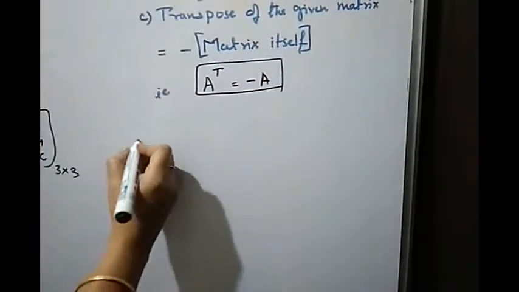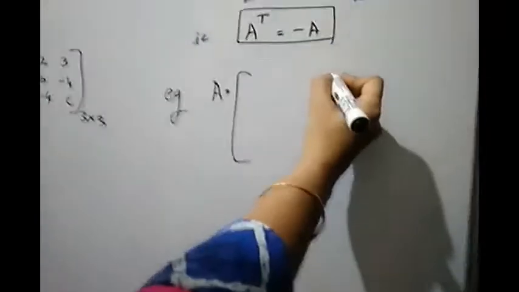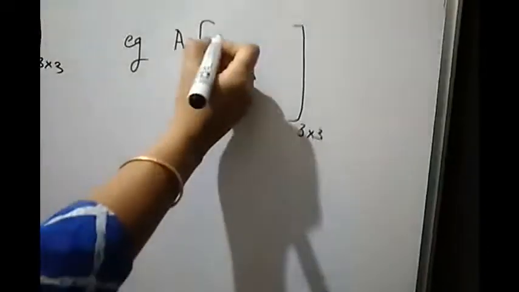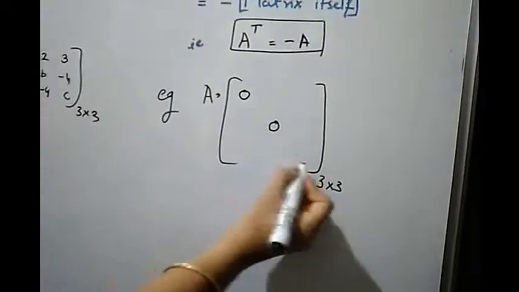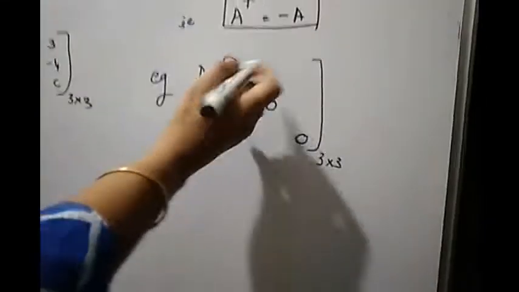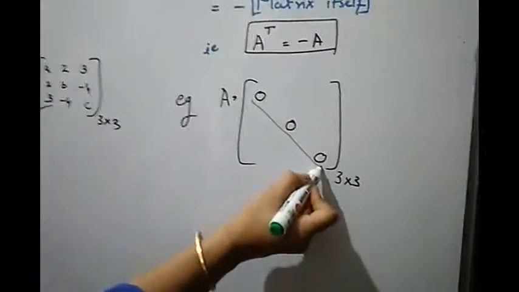Let us make one example. I am taking a matrix named A. Moving over to the first condition, square matrix, so 3 by 3. Moving over to the second, leading diagonal elements should be 0. So the leading diagonal elements I am putting to be 0. Now the remaining elements, I am marking and highlighting over here.